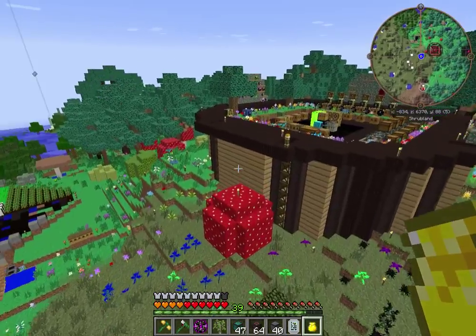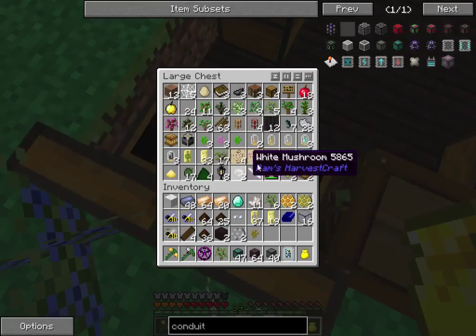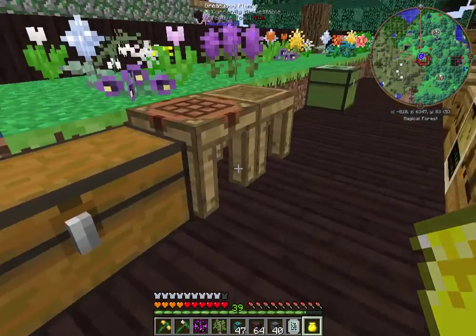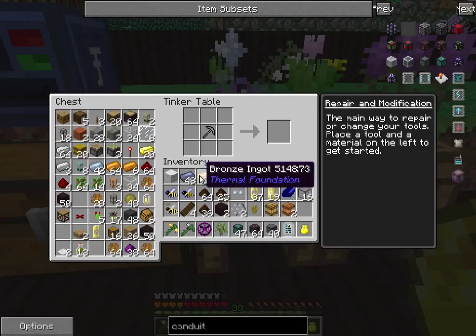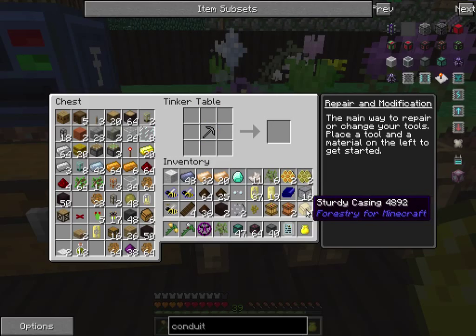I think we've got some spare machines back here too. Let's go ahead and grab those. We don't want to hook up the thermionic fabricator, but we've got an extra centrifuge and 2 carpenters. I think we really need a squeezer too. Maybe a couple of them even. I got some bronze made up. Let's make a couple of sturdy casings. And then we're going to need